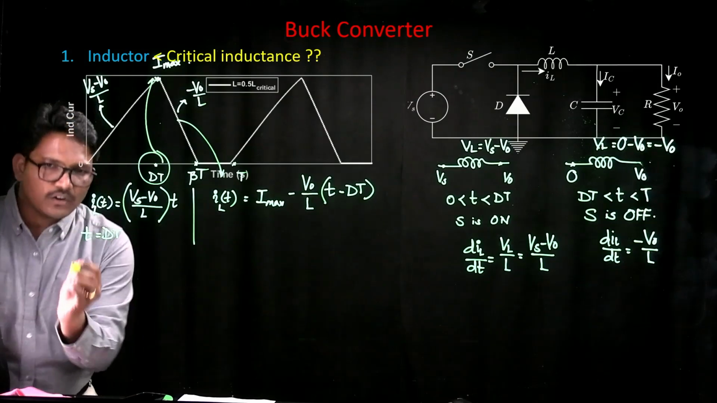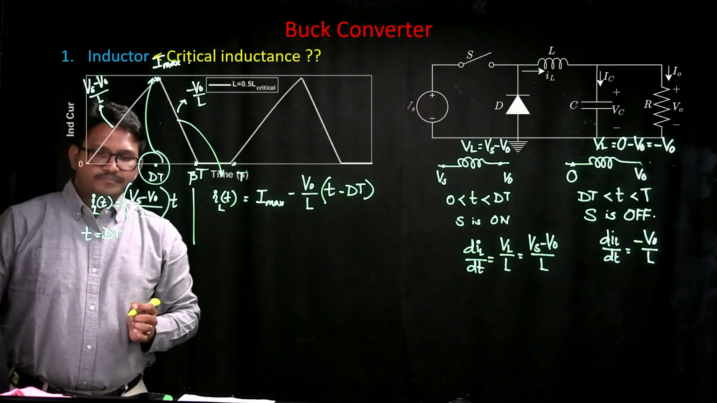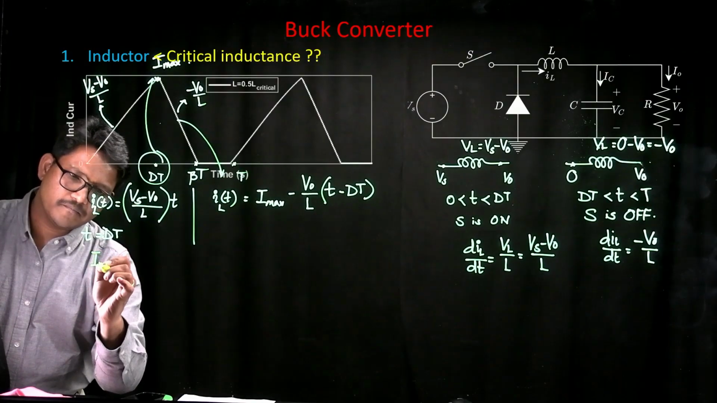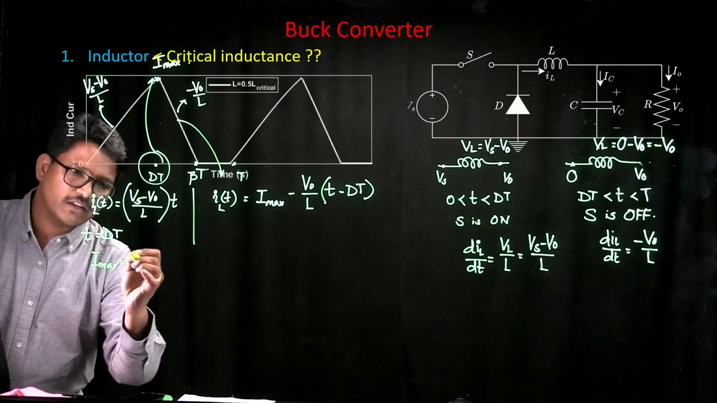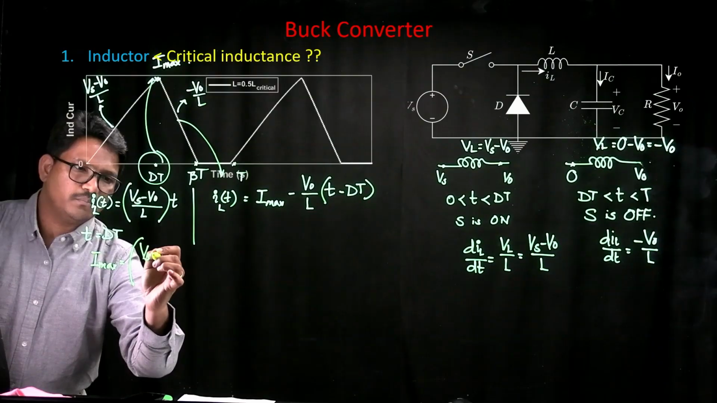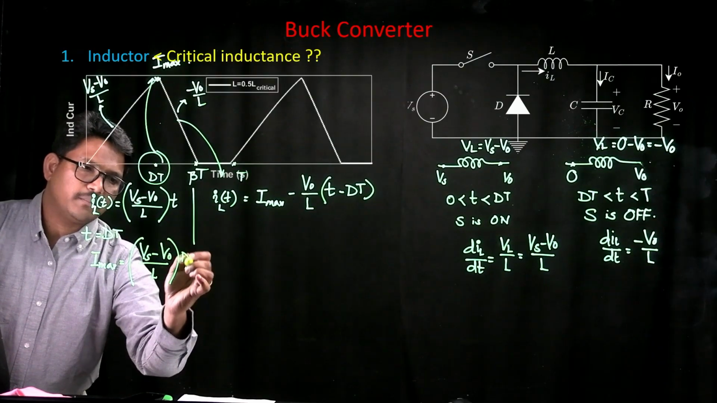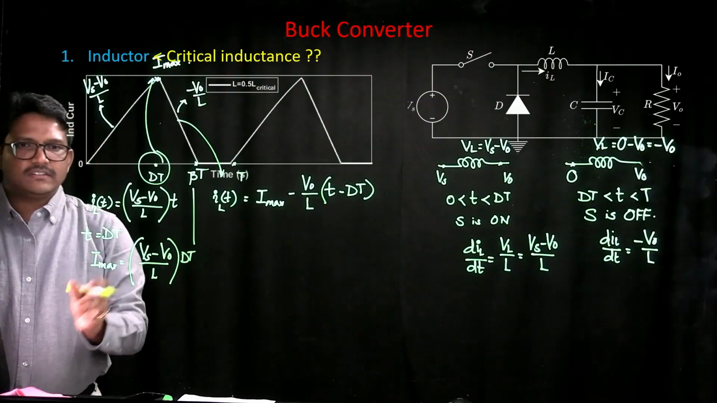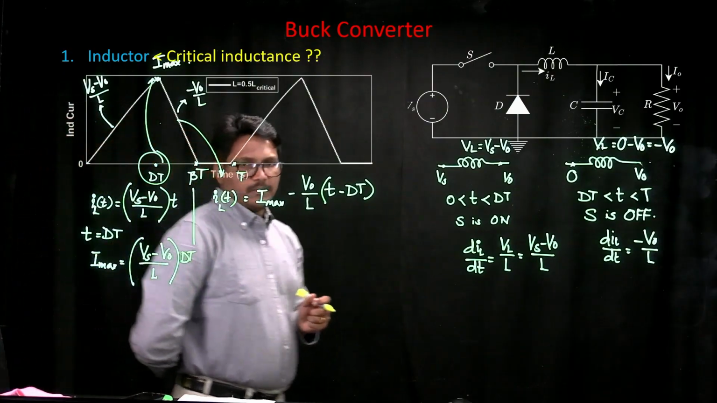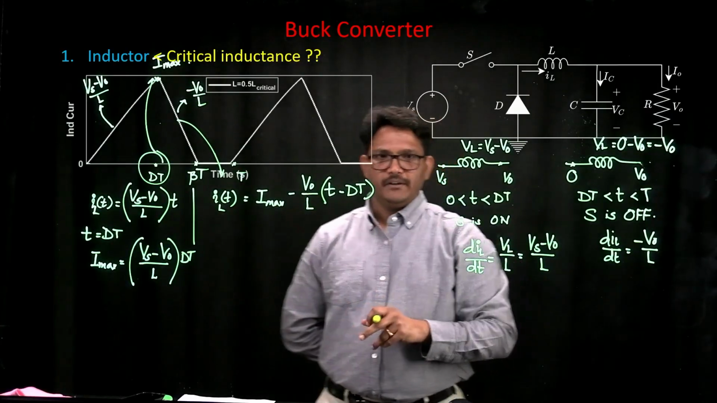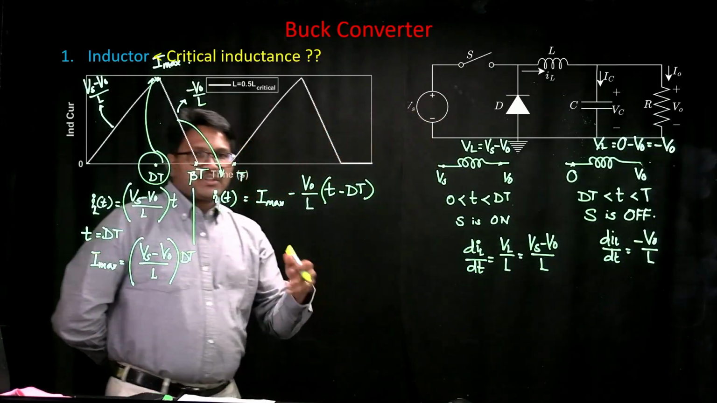So when your time t is equal to dt, you can write down that I max is equal to (Vs minus V0) upon inductance multiplied by dt. So this is an expression for maximum current. Now if you want to get an expression for the maximum current from here, you also substitute the boundary